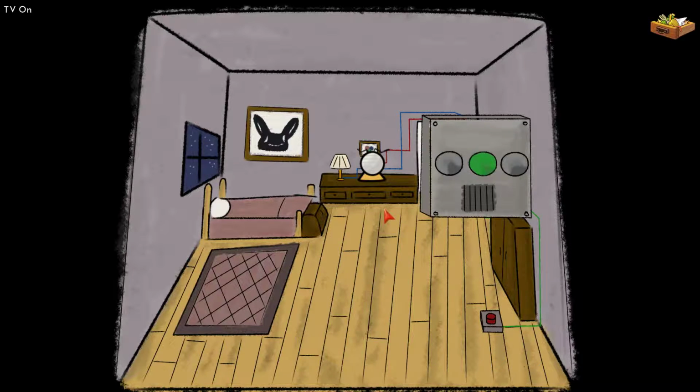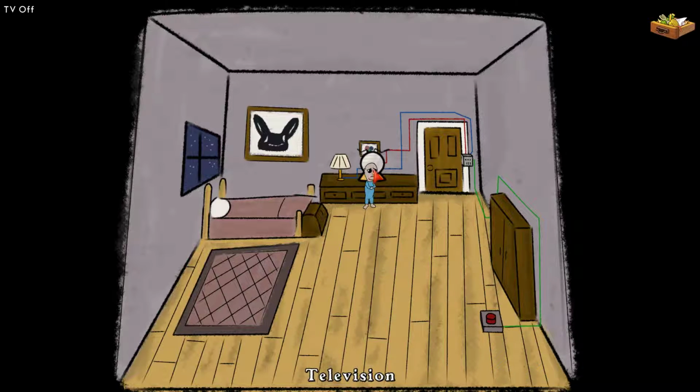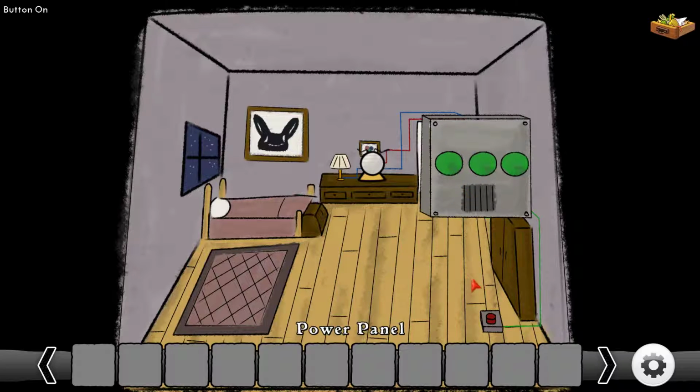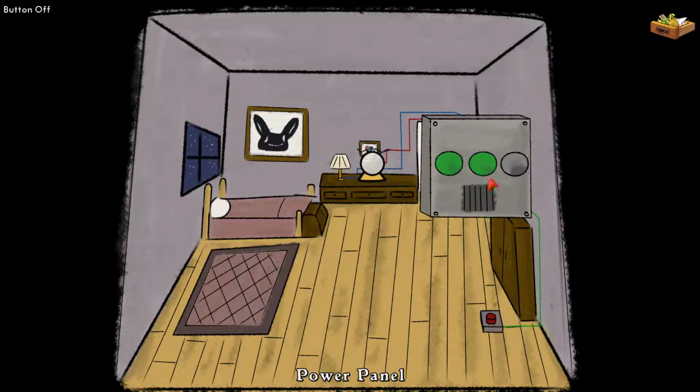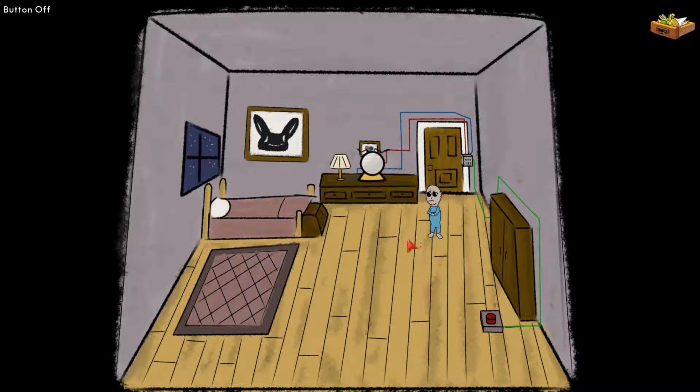Now, for example, we go back, click TV off. If we go back to the panel, you can see it's been removed. So let's say we activate all three: lamp, TV, go down, push the button. We come back, look at the panel, they're all on. The way this works is you're taking a variable, and it's acting as a switch. If it's on, then it's going to show that object, the light, and if it's not, it's going to hide it. So that's basically what you're trying to achieve, is once all three lights are active,